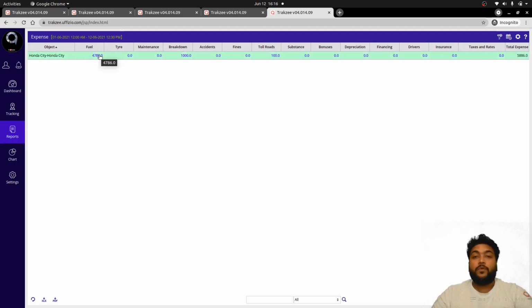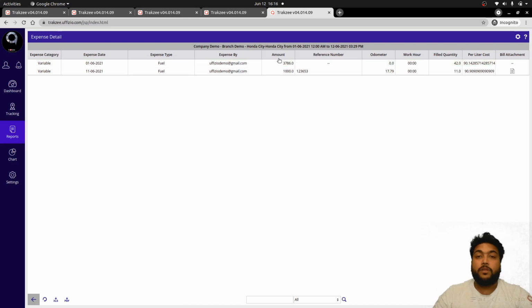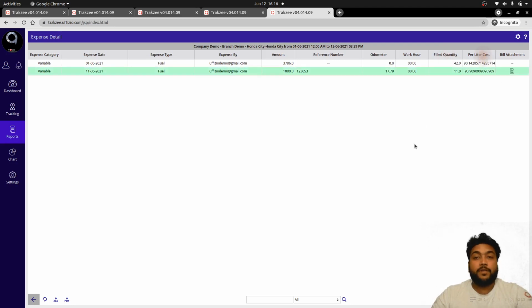So based on that, if you want to see the detailed information of the expense, then you can simply double click on this expense that is already added for that value, and you will get detailed information, that is expense category, expense date, expense type, and the user by whom the expense was added, and the amount that was entered, and also the reference number, that is a bill number or any invoice number, and odometer and work hour information can be viewed as well, and fill quantity and per liter information can be seen, and the bill attachment can also be viewed over here.